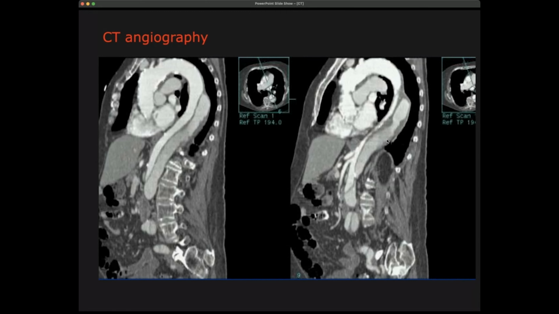And this is what we call the false lumen. So you see there's a bit less contrast going there, but still there's contrast here. And this is of course a very dangerous situation, because dissections of the aorta have a very, very high mortality. You can already see partially why a patient like this could have this aortic dissection, because when you start